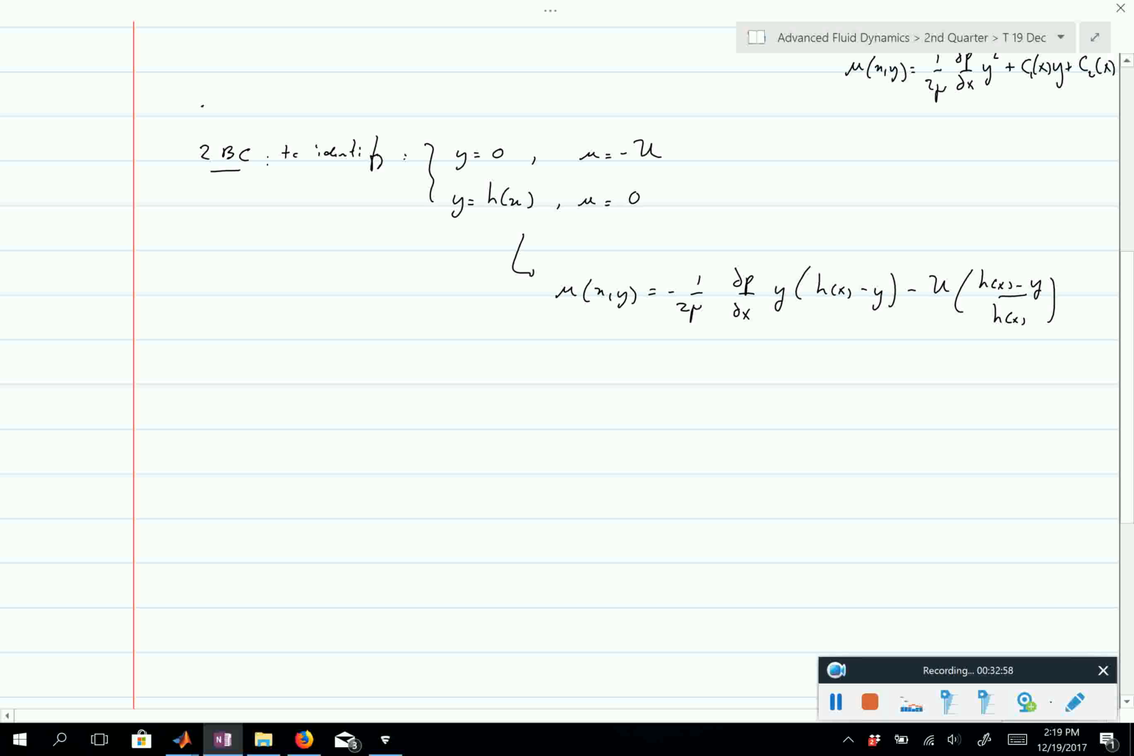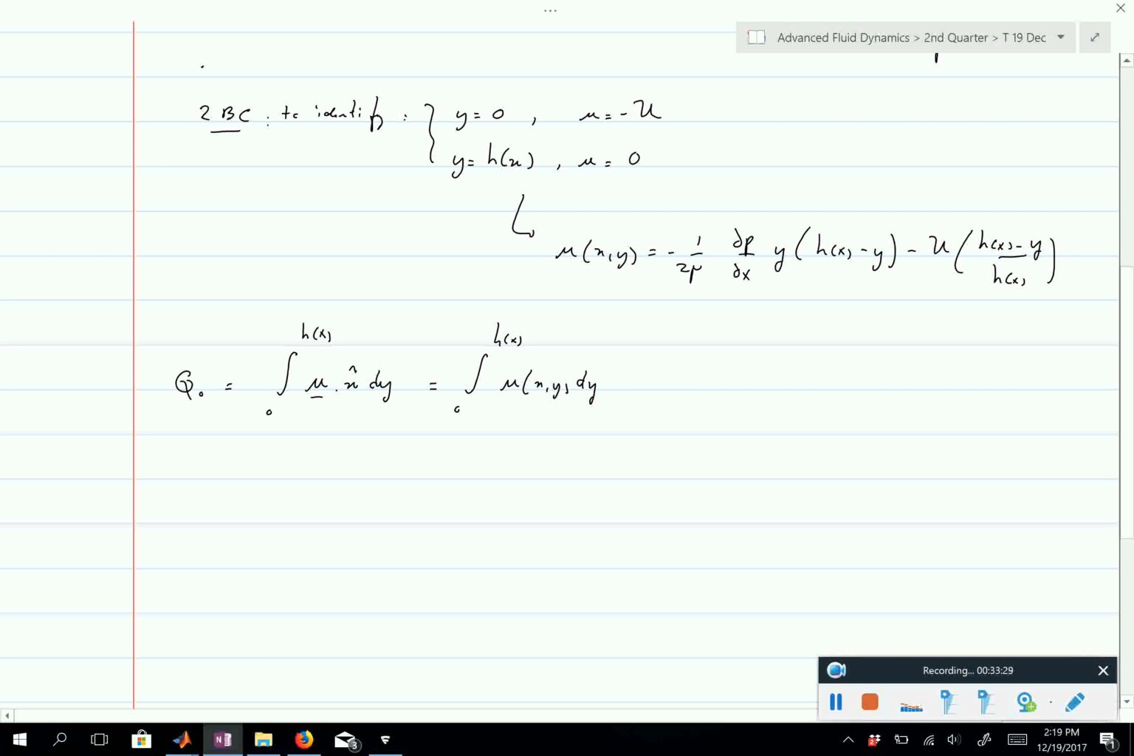Okay, so let's write this. Q0, that will identify Q0, is equal to the integral from 0 to h, a function of x, of u dy, and u is just the u component of the velocity. So we're holding x constant here. I won't do this integral. I have the answer written out here. So this integral here is equal to,